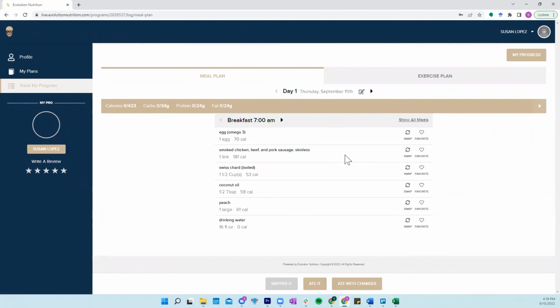So if you're tracking a single day and you ate it exactly as portioned, you can click ate it, you can click skipped it, or you can say that you've made specific changes. This can be helpful over time, even if you're doing your own meal planning, to help you understand what's working well for you. When you're making changes,